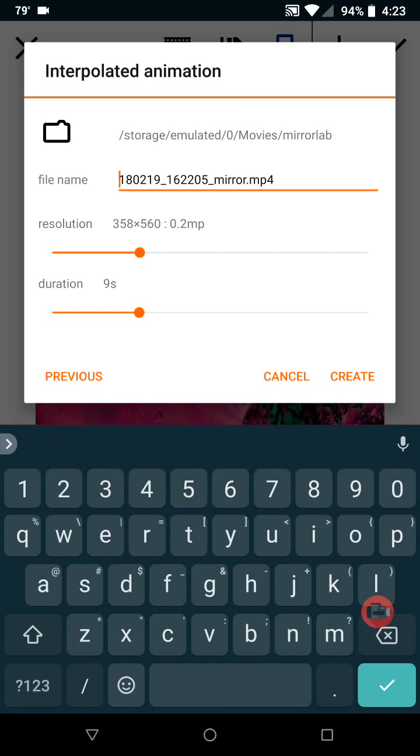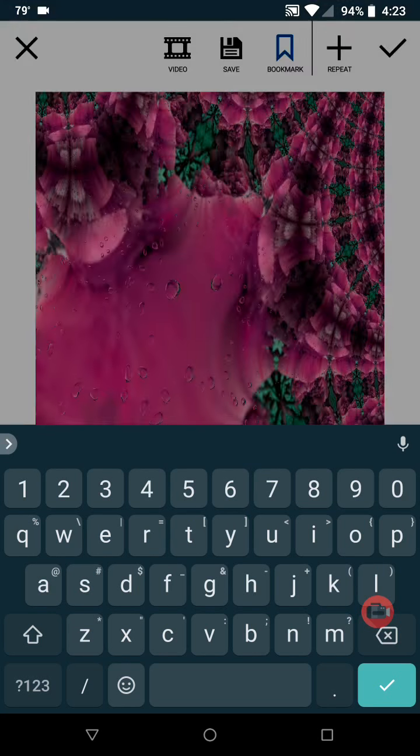And then on the duration, however many frames you made, and I think we had about 11, you want to go a couple more if you want it to go kind of slow so you can see the details. If you want it to go really fast, then you're going to go down here like half as many as you have frames. If you want it to be even slower than that, then you can go double as many. Then it'll go really slow, but it's also going to take a long time. So we're just going to go with like 9 or 10, so it doesn't take too long. And then you hit create,